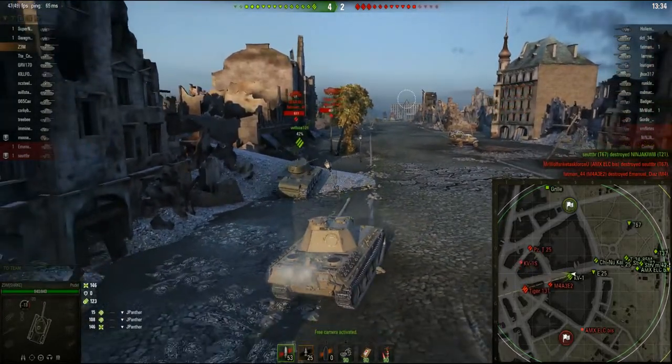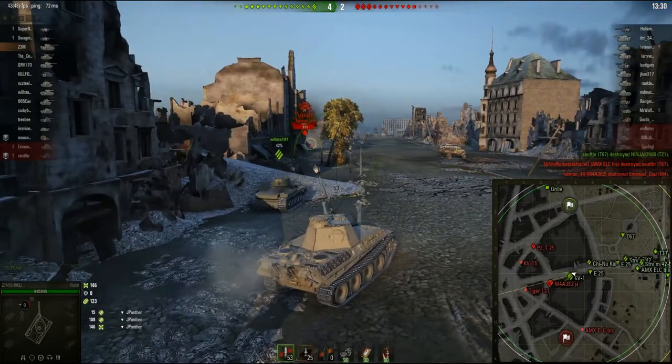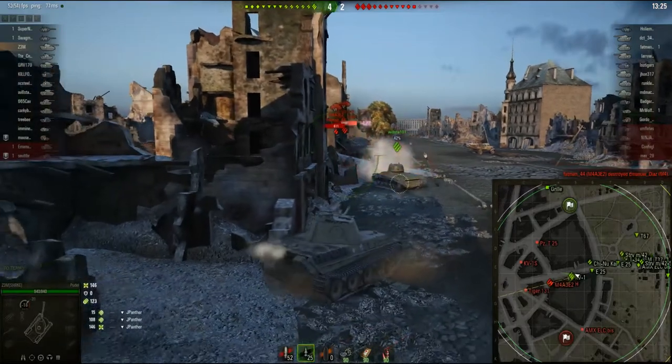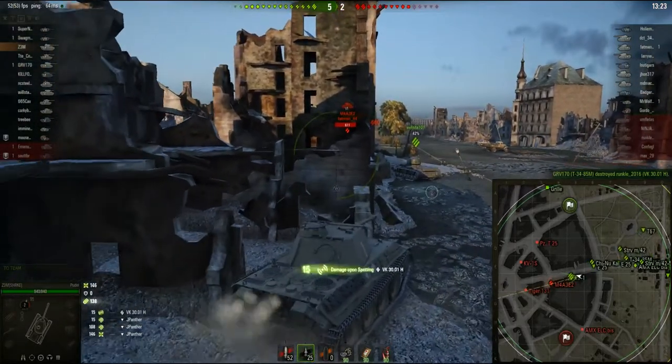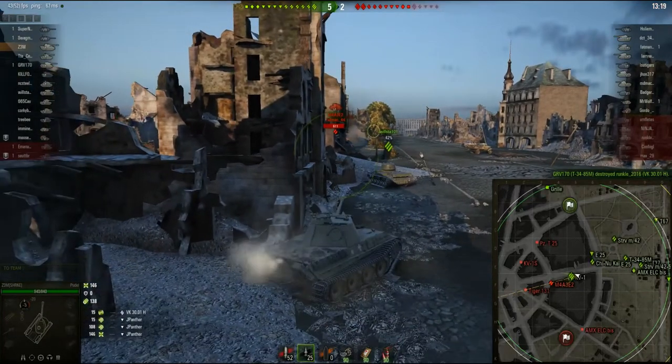With this great view range on this tank, I believe at this point I'm still at only about 425 view range. I'm sitting here trying to keep things lit, moving around. I think this tank actually wouldn't be too bad. I'm trying to keep it hull down as much as I can,